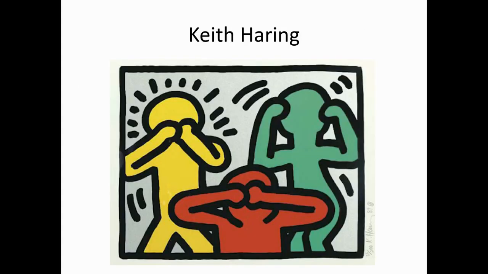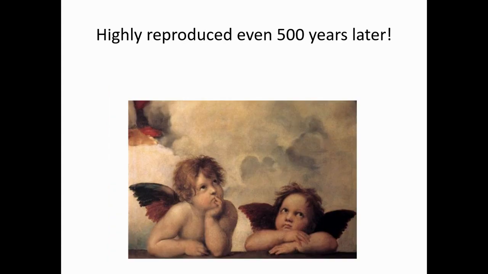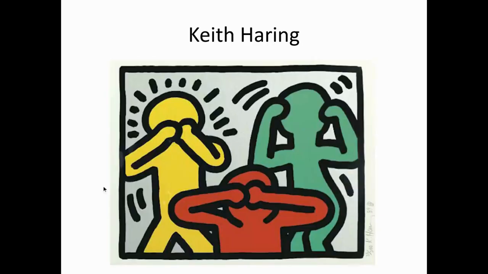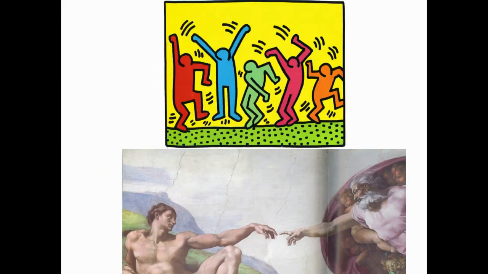Here's a shockingly different artist, Keith Haring. So fast forward about 500 years, and there's an artist that's making artwork in subways and on streets, like on buildings, sometimes in museums, but he really wanted to reach the people. And that's kind of what Michelangelo did. He was painting these on churches to reach the people, and Keith Haring is painting them in the cities and subways to reach people. And his characters or his figures are very simple, like cartoons. So we're looking at two kind of extremes as far as art forms.